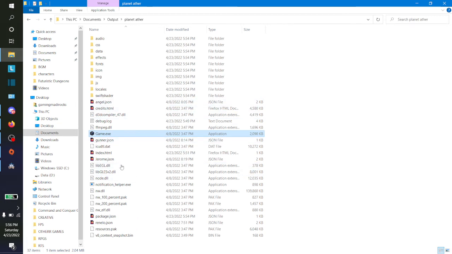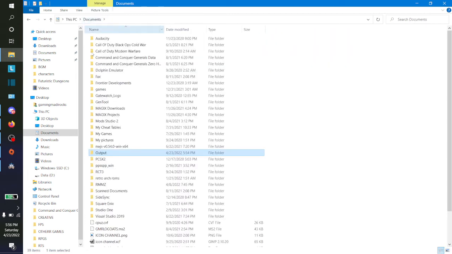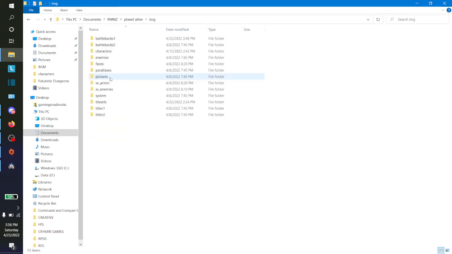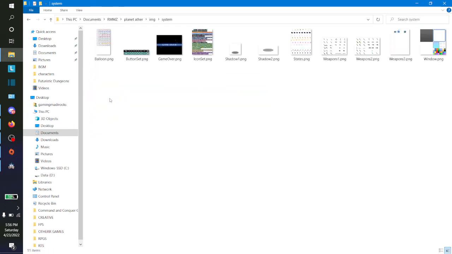Now, there's a few other things that I didn't show you guys. It's changing your game's icon and things like that. This game's icon that you can change, I'm not going to get into it today because I just realized this, but we can go into Documents. I guess we can go to RPG Maker MZ, go to Planet Aether, go to Image, System, Windows,